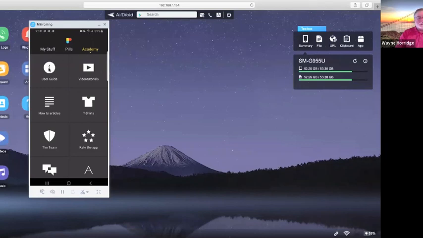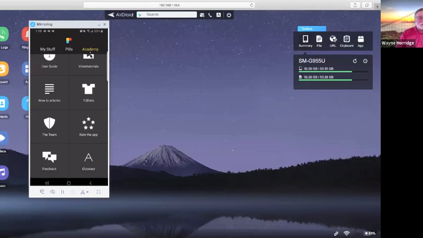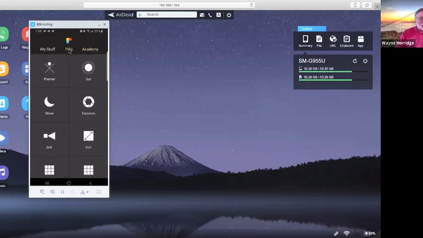Now, if you go to the user guide, it basically takes you out to the web and shows you an online user guide. These are YouTube videos, like I said. They're the how-to articles, again, same kinds of things. They also have written documents so you can print them out and all that kind of thing. So that's Academy, that's resources that you can get information from. The pills, again, that's the actual things that work in the application itself. And then my stuff,